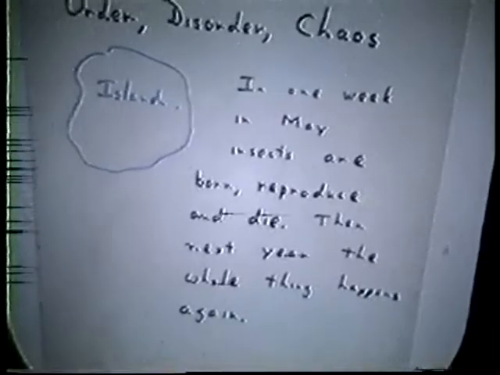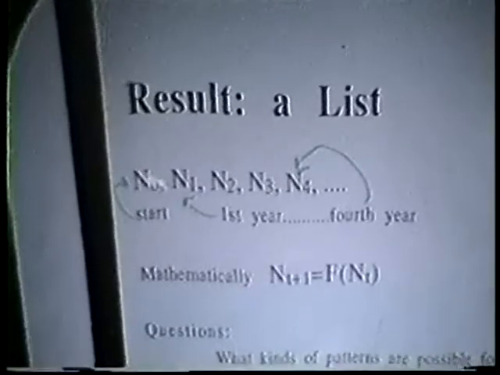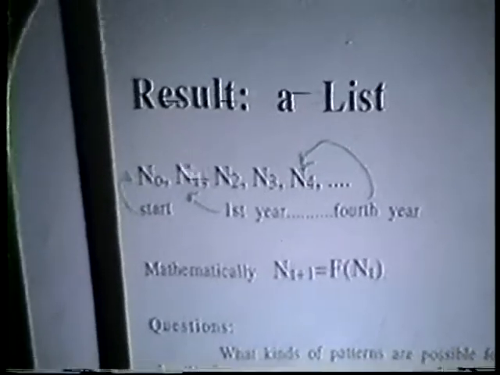So we have an annual resurgence of the insect population, and what you end up with in describing the insects is a list. The list is the population at the start, after the first year, after the second year, the third year, the fourth year,